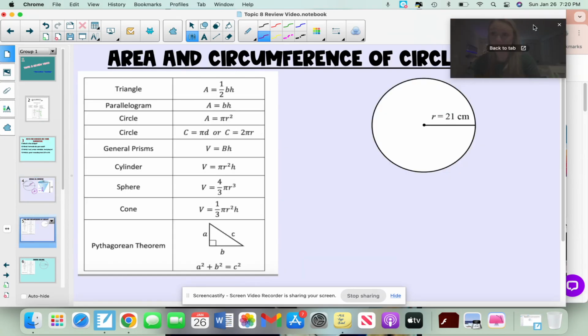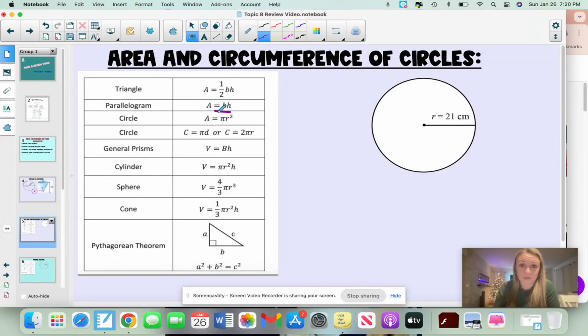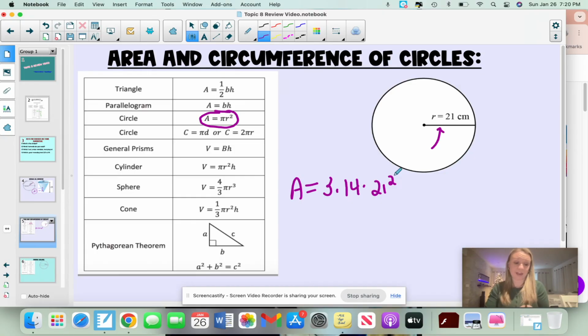Okay, the next thing that you're going to have to do is you're going to have to find the area and the circumference of a circle. So remember, the moment that you're looking at the problem and it's asking you for the area of a circle, I know I'm going to be using this formula. So let's start with that. Let's use 3.14 for pi. So in your calculator, you do 3.14 times, it says radius squared. Well, I know that my radius is 21, so I'm going to do 21 squared. And then I'm actually going to do this live with you too. So 3.14 times 21 squared. And your calculator gives you